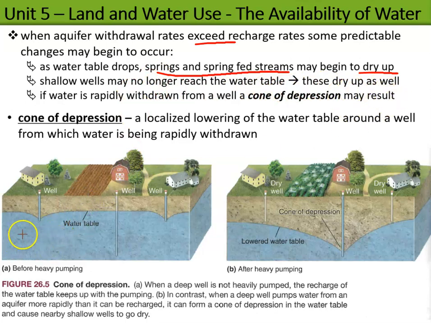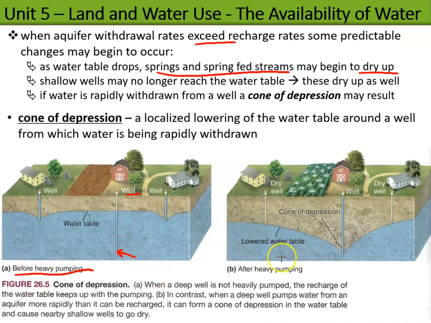So here we see this example water table. This is before heavy pumping, and we've got a well that's probably for residential, just household water usage. The well goes down and taps into the water table right here, and it's relatively shallow. It doesn't go way down deep into the water table. Here's another relatively shallow well right here. And then here you have a really deep well that goes way down into the water table. And so what can happen